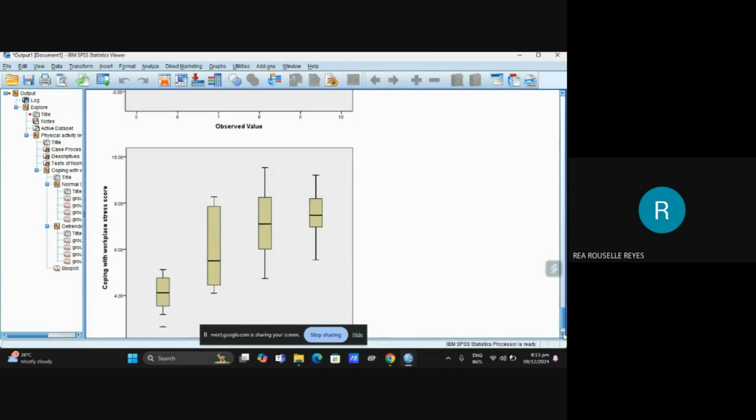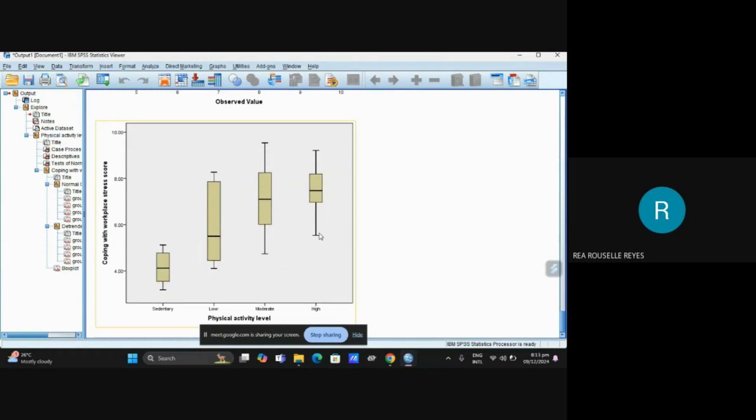And then you can also see the outliers. There were no outliers in the data as assessed by the inspection of a box plot.